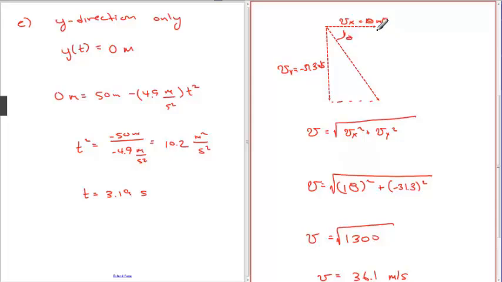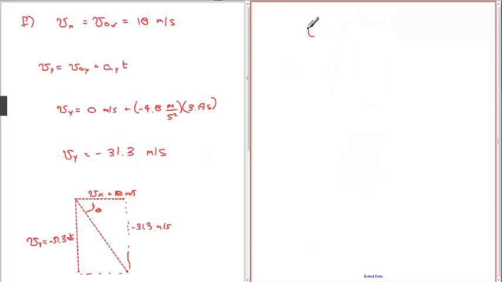And so then we just use geometry here. This is the opposite, and this is the adjacent, so we use the tangent. So you know that the tangent of theta is the opposite divided by the adjacent, which is 18 meters per second. So 31.3 divided by 18 is 1.73. And if we take the inverse tangent of that,